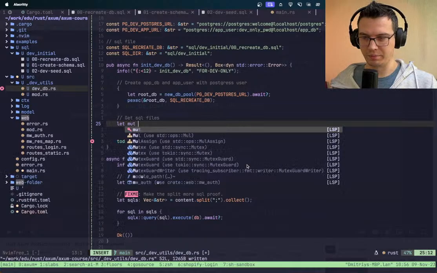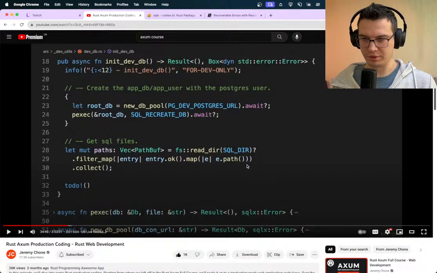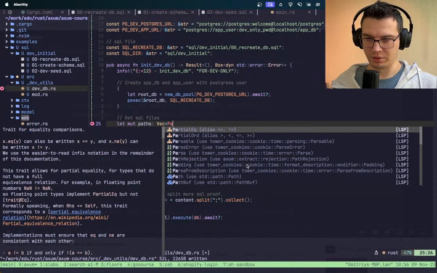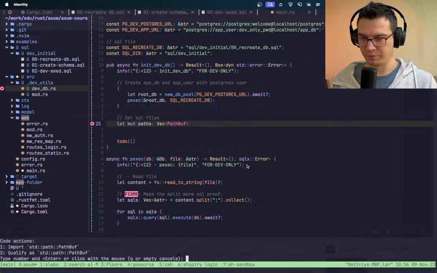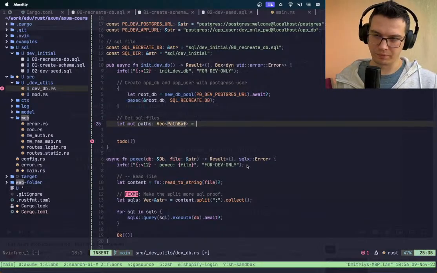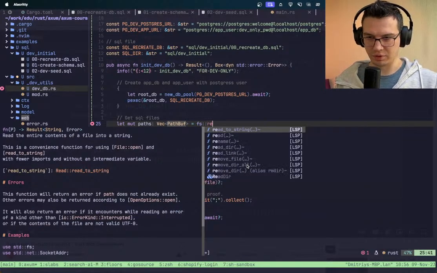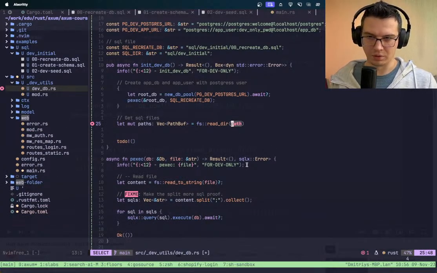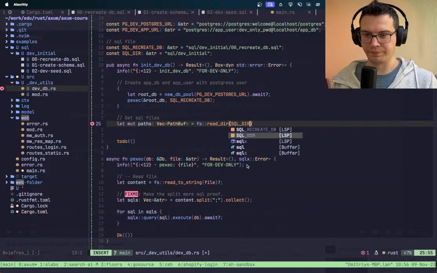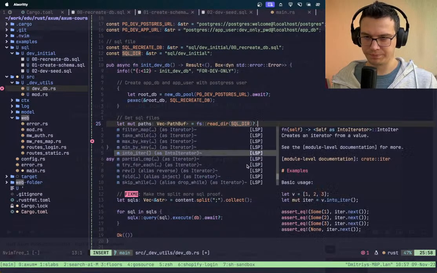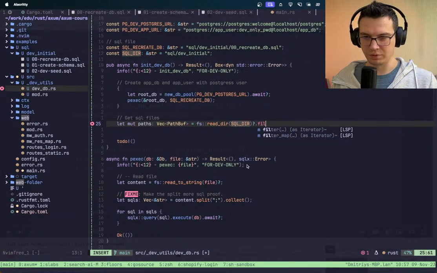Okay, let mut paths, sorry, path vec, PathBuf. We do import from stdlib, and then we do fs read_dir, and we have the SQL dir variable const above. Okay. Unwrap it, then filter,